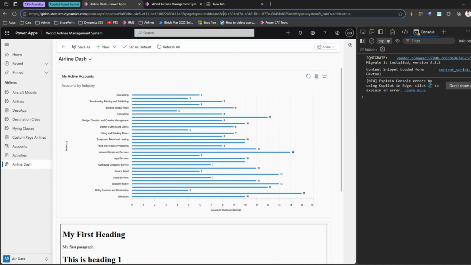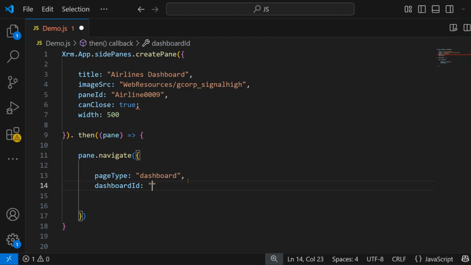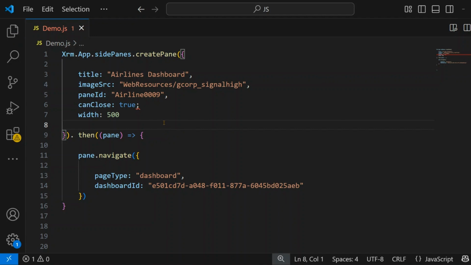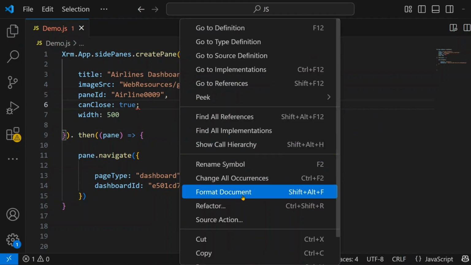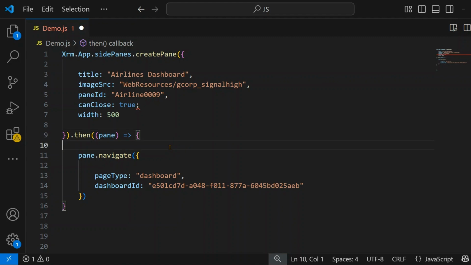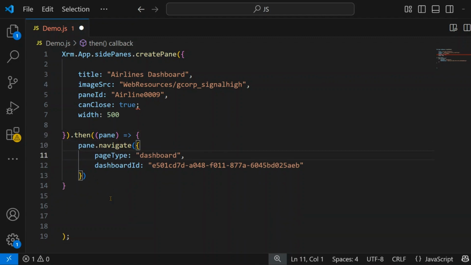So let me copy this dashboard ID from here, copy this, and then go into the VS Code, paste the content, and all good. So this looks good to me. I'll just go and format the document, Control X, and